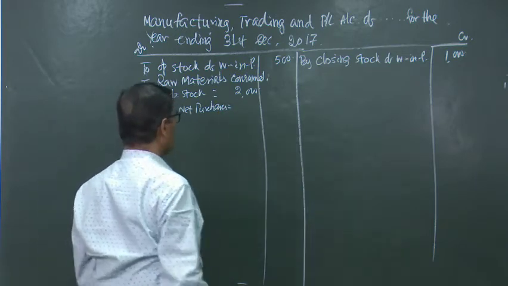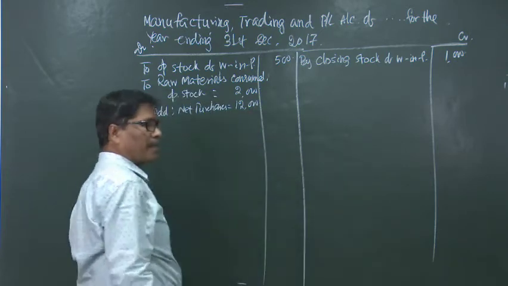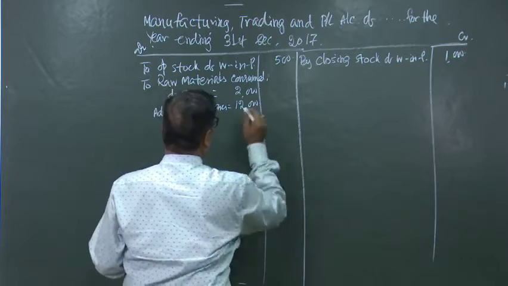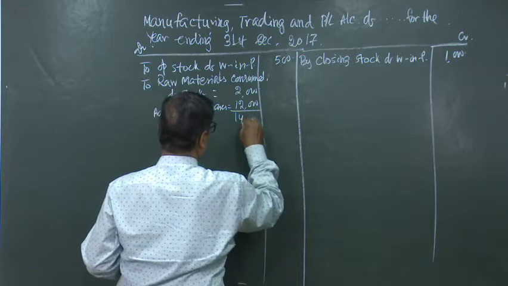Suppose you have purchased 12,000 rupees worth of raw materials, say 13,000 minus 1,000 purchase returns. So, ultimately 12,000 net purchases. So, this will be 14,000